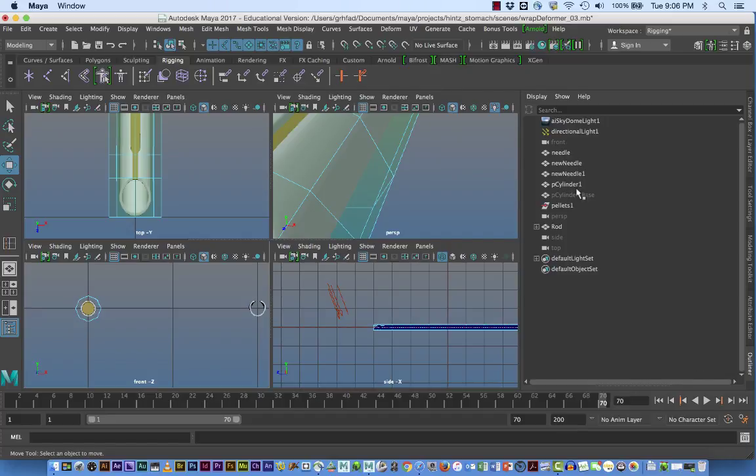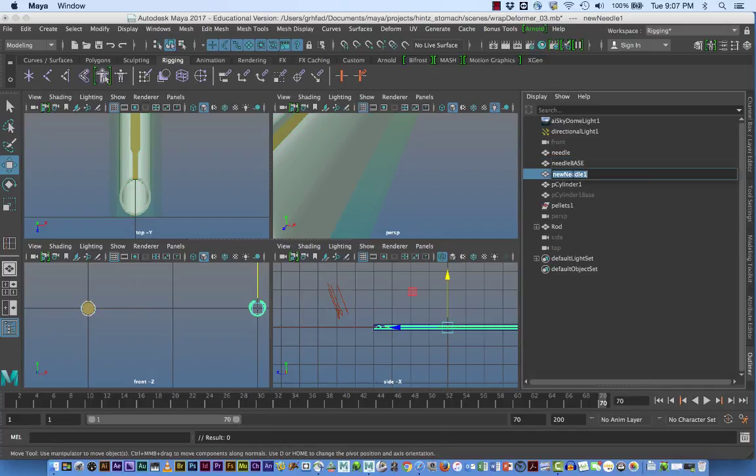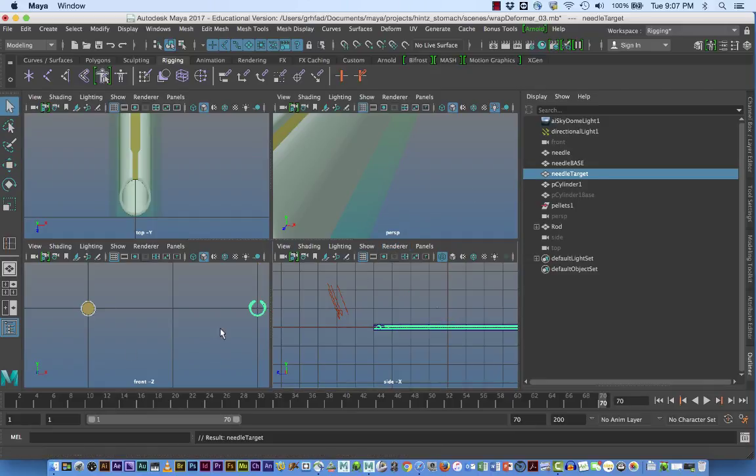and name them so I don't get confused here. So this is now my base. I'll call it needle base, and this is my needle target. And if you remember from the other times we've done, we want to start by selecting the target, then selecting the base,